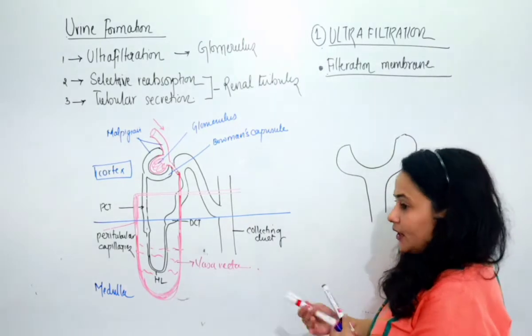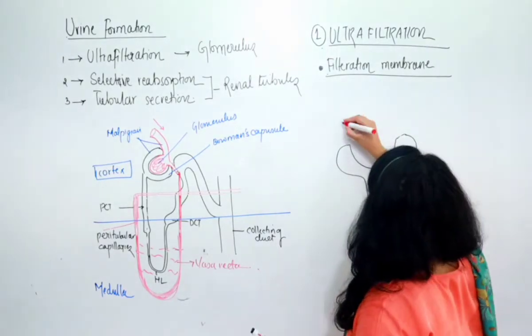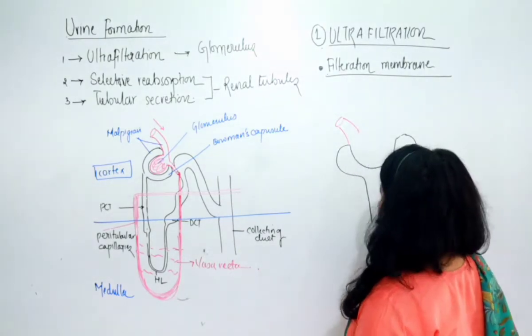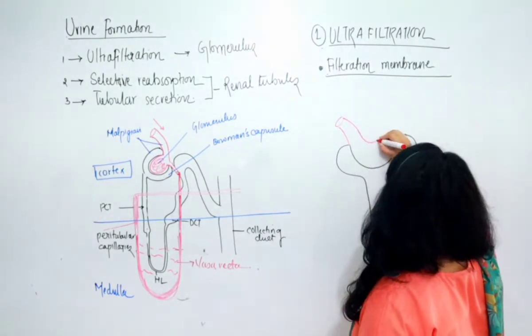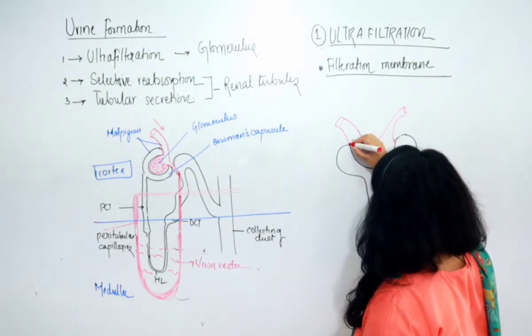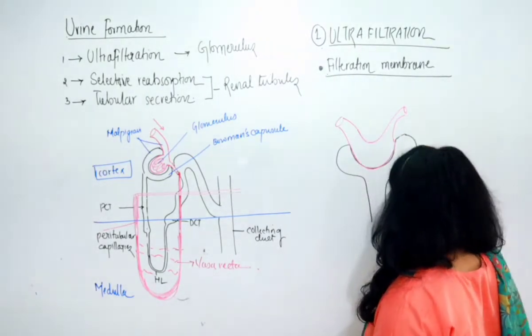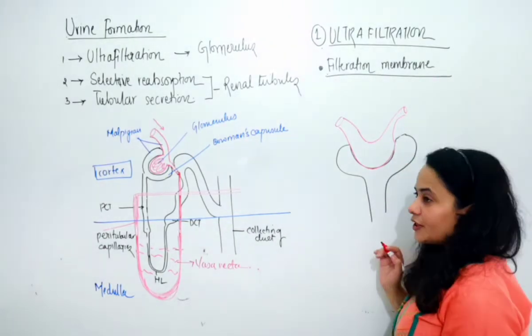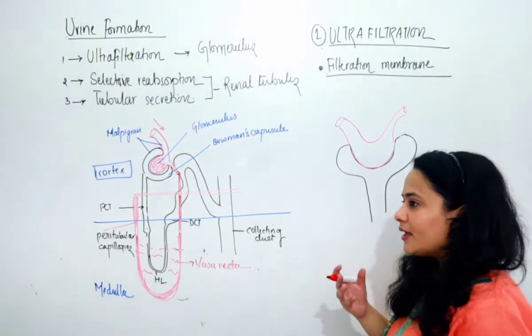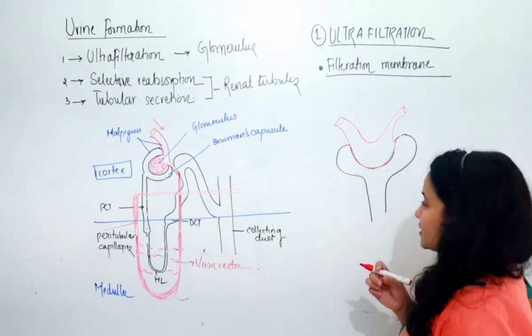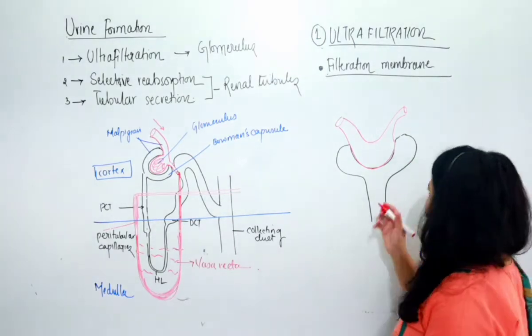The artery that is entering inside, we'll draw it over here with a broader diameter, is known as afferent renal arteriole, and the one which is coming out is known as efferent renal arteriole. Here we go with this diagram. Now, what is this filtration membrane? The filtration membrane is ideally something like diffusion membrane that is present in the lungs. So filtration membrane is composed of mainly three different layers.